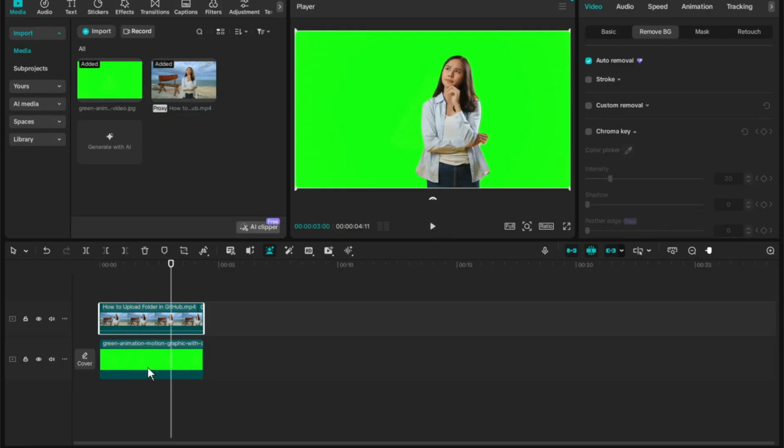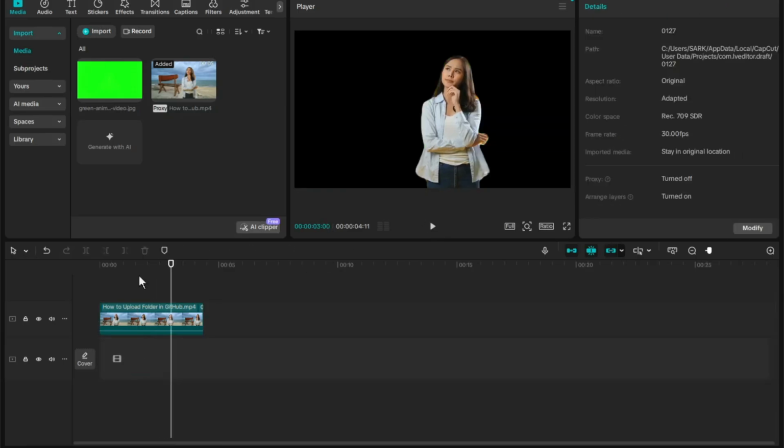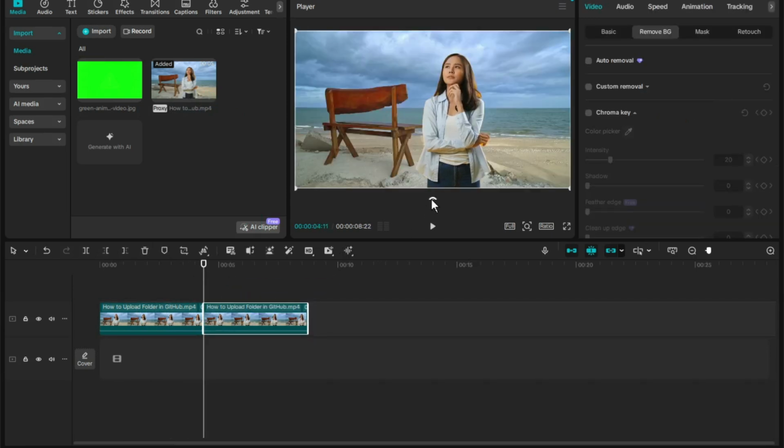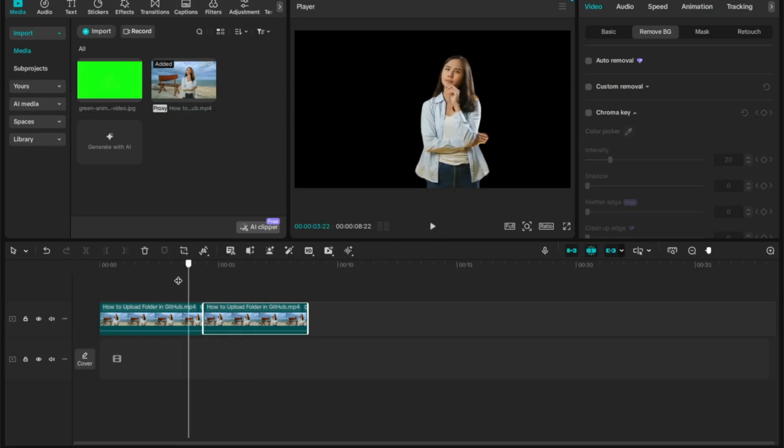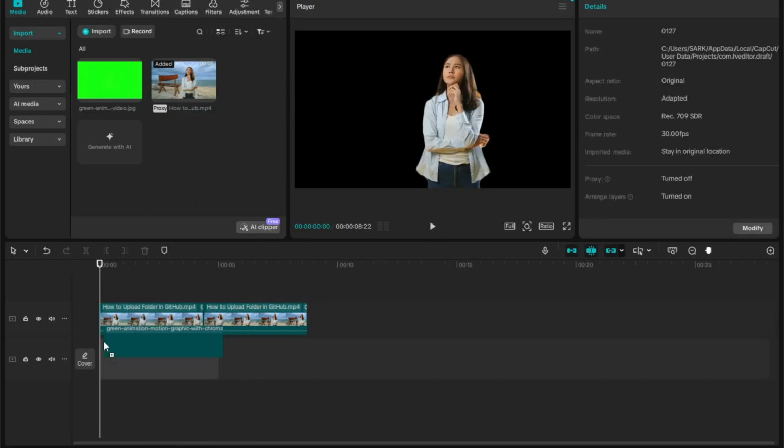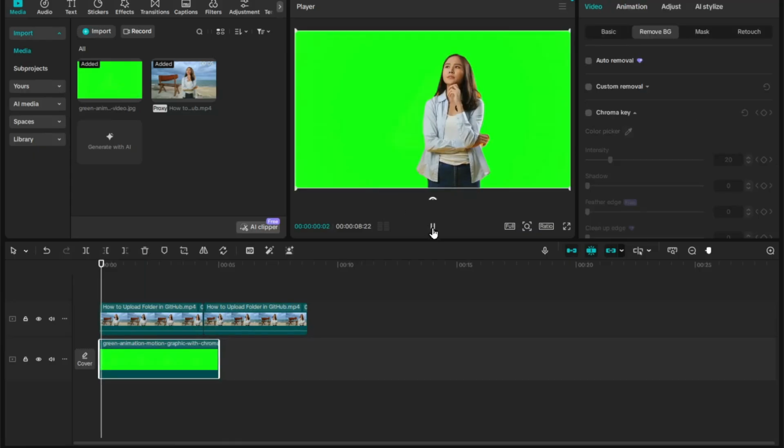Wow, this is good. If I remove this green screen and I add this one, this is the original video, and this is good. So this is a method how you can add green screen on CapCut